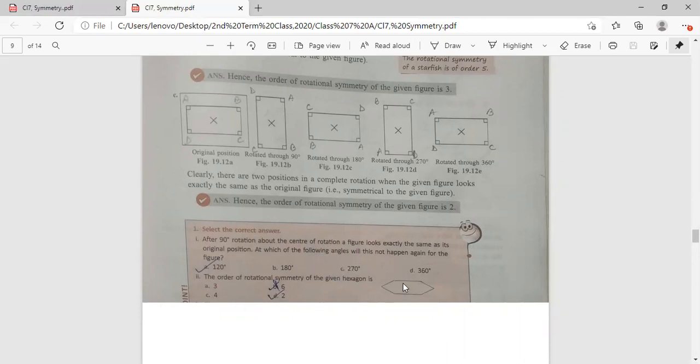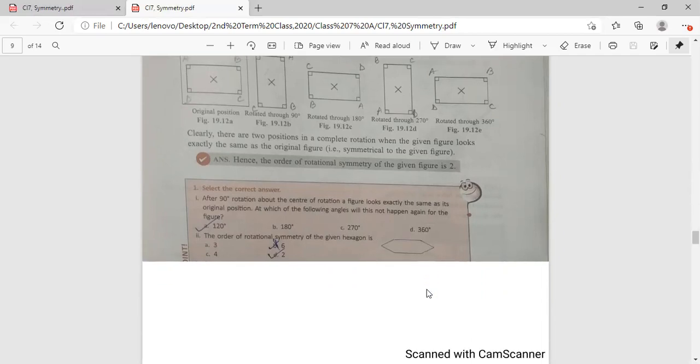Now what about the order of this rotational symmetry? So turn through 90-degree, suppose this is the horizontal position. Then in the vertical position, it will not look like this. Again, at 180-degree, it will look like the original position. At 270, again, it will not look like this. Again, at 360, it will look like this. So order of rotational symmetry is 2. And the angle of rotation is 9